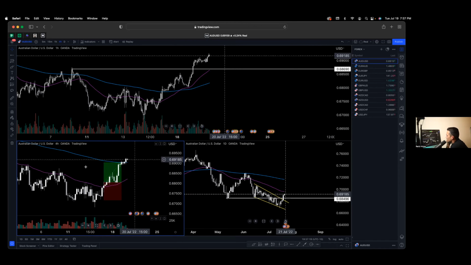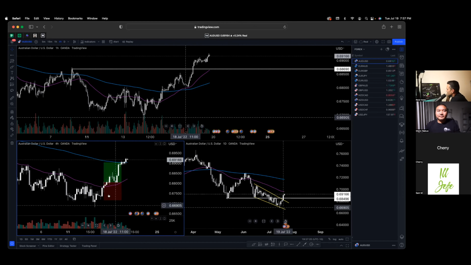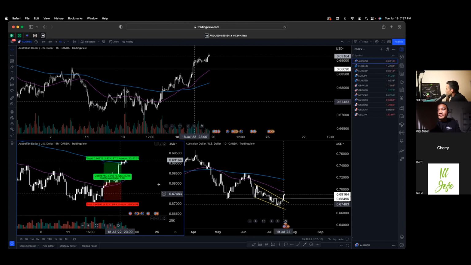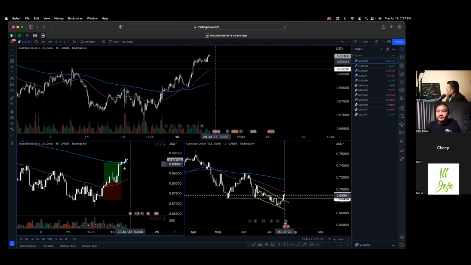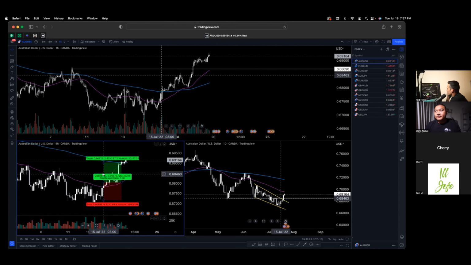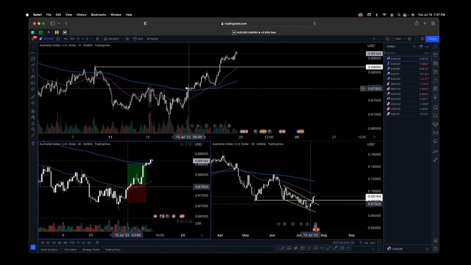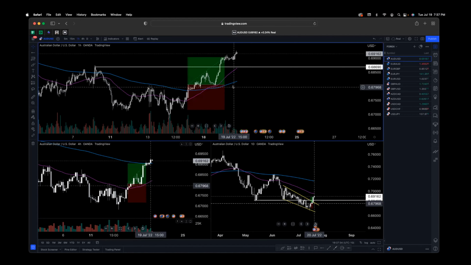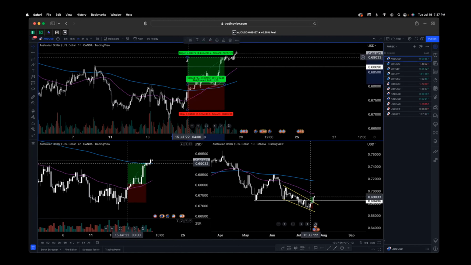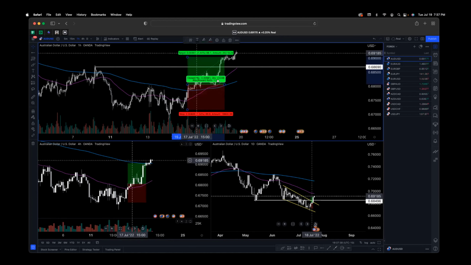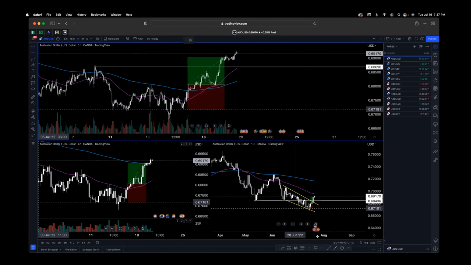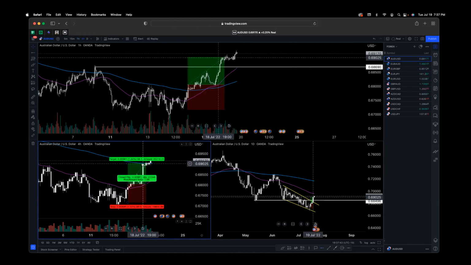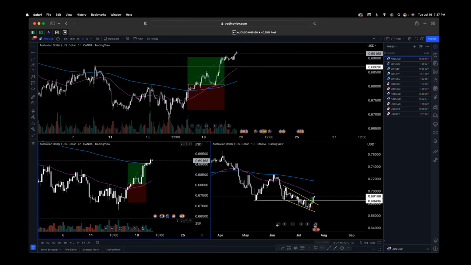Let's see how many times and how much of a probability this is for my strategy myself. So this could have been a play now that I'm looking at it for myself, but let's see if it did. Yeah, it did show, it broke a higher high. So I'm going to sync this so we could get a better picture of what I'm thinking here. So let me take profit. My take profit would be this level here, the most recent 50.